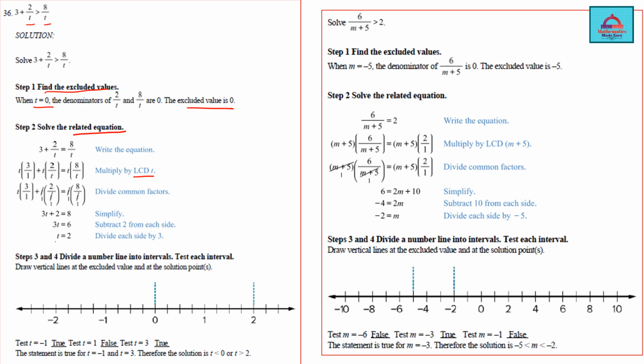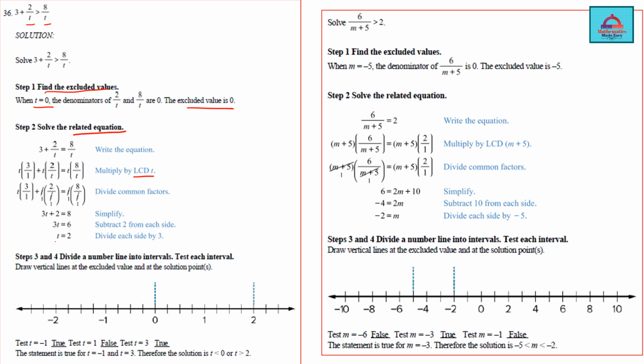as 2. After you have got the value of t as 2, you can do the division of the number line into the intervals. You are going to get 3 intervals here, and the solution set is going to be the 2 intervals out of these, the one where t is less than 0 and the other one where t is greater than 0. Next is the last question for today, which is solve 6 over m plus 5 greater